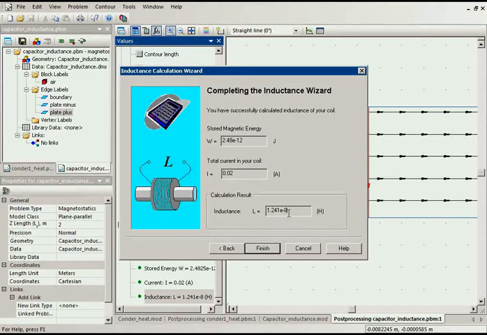Very small value indeed comparing to the capacitance value, but at high frequency, some 100,000 kilohertz, the inductance value will play